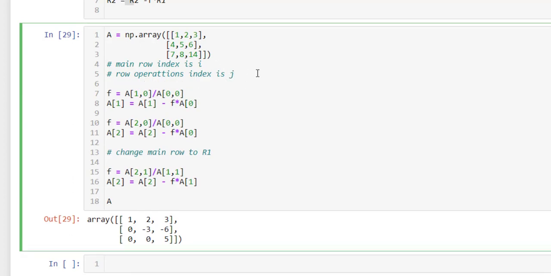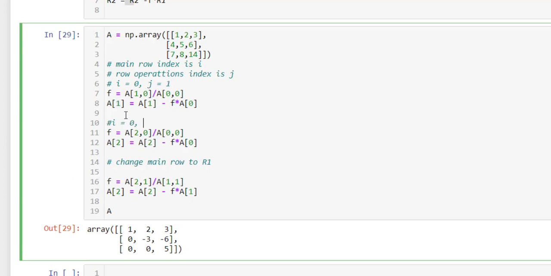The first time, I equal to 0, so your main row is 0, and j equal to 1. In the second case I was still 0, but j is now 2. Once that happened, you went to the next main row, so this time I is now 1. Your main row is 1 and your row operation is being done on the row after that, so this is 2.